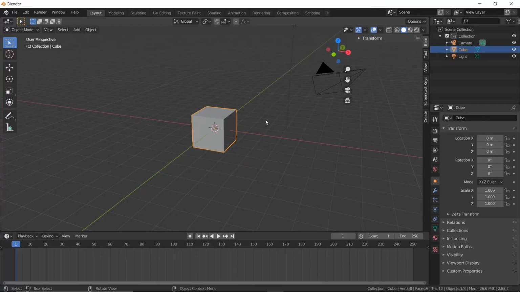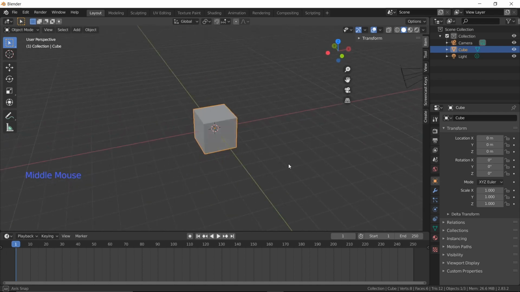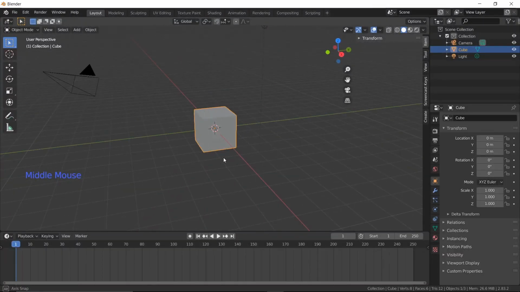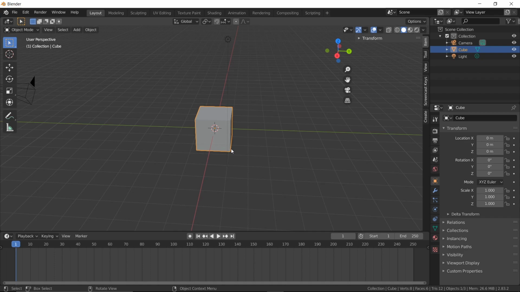Hi guys, welcome to Task 4 of IEDC CET's Blender 3D workshop. In this task, you will learn the basics of animation using Blender 3D. So we are going to animate a scene. Let's say we are going to animate a ball dropping from a height.